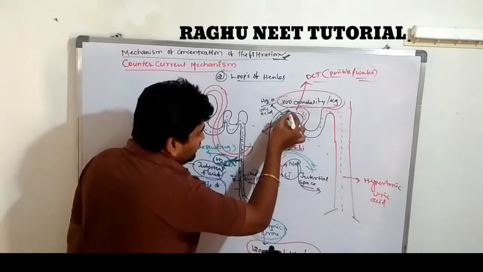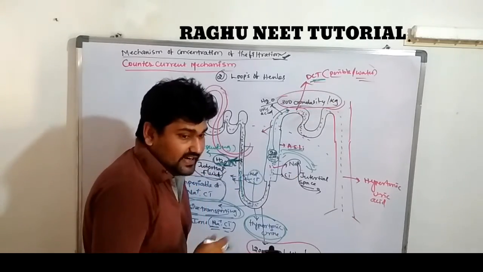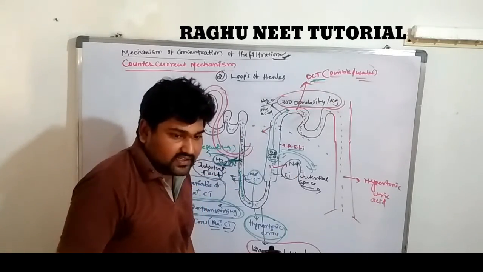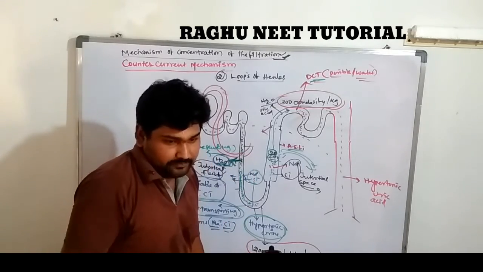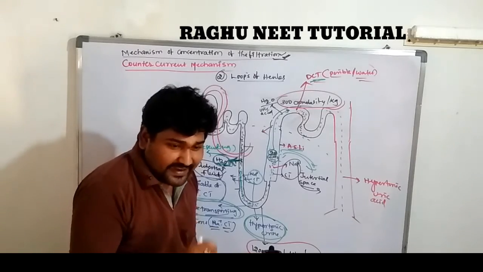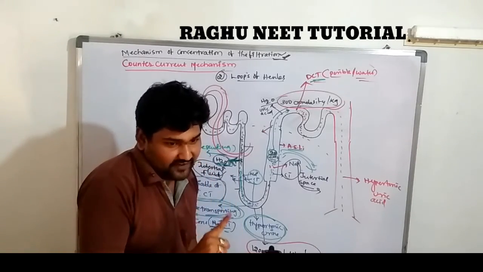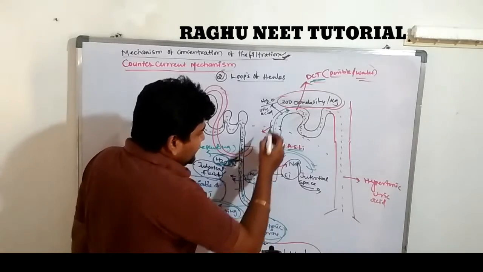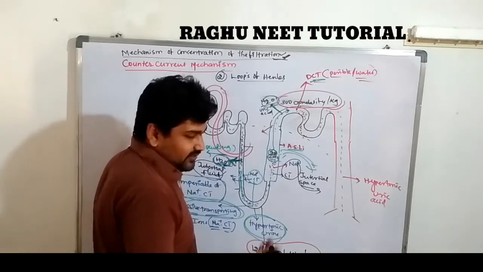When it leads into the distal convoluted tubule, nothing but the DCT, that is towards the cortex. The distal convoluted tubule has a loop-like structure. It is also made up of simple cuboidal epithelial membrane. It is only permeable to water, non-permeable to ions. So in this nature, it also absorbs water molecules.